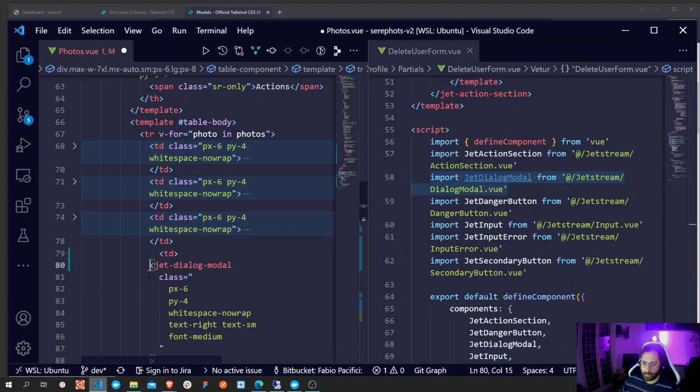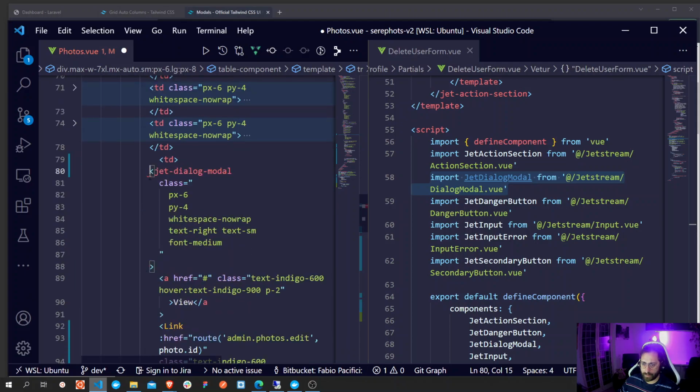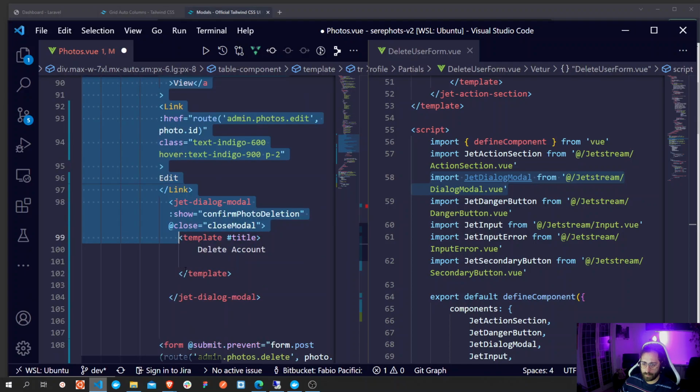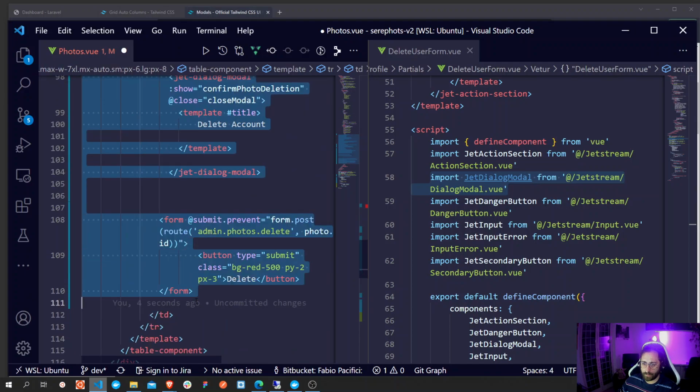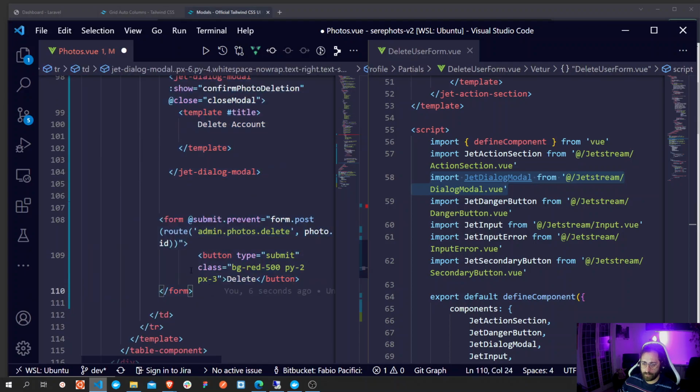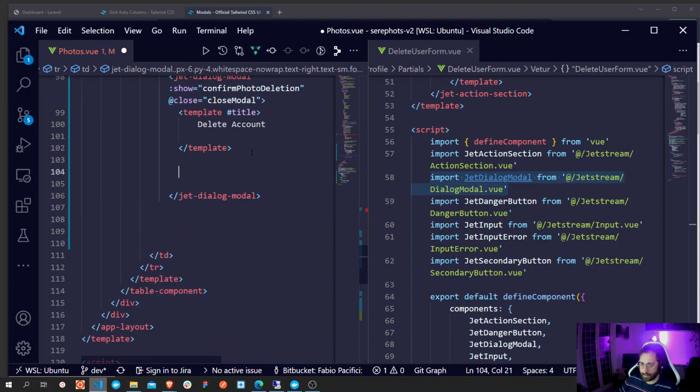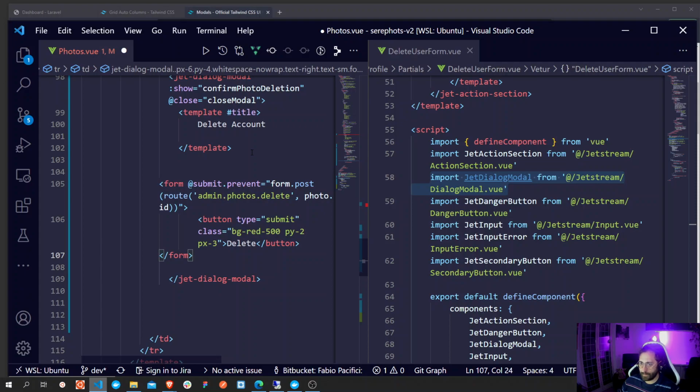Oh my god, this indentation is driving me crazy, guys. What's going on? TD form. Alright, let's move this inside here for now. And it is not formatting anything, it's weird and terrible, but